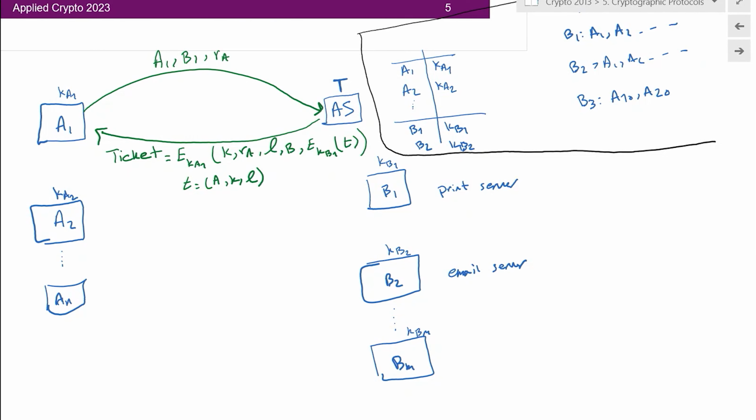B says that, oh, actually it should be B1. That is saying that I know that this is a ticket for you to communicate with B1. And inside this one, he's providing some extra information that this user cannot recover because it is encrypted with the key of the server that he's supposed to communicate with, which is the key of B1. And so when this guy A1 decrypts all of these things,